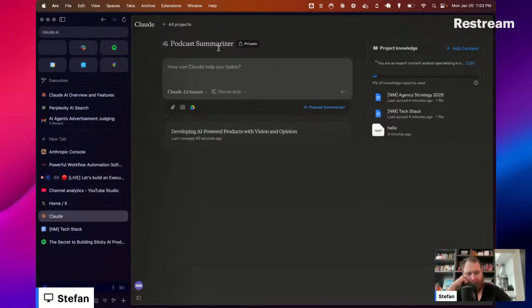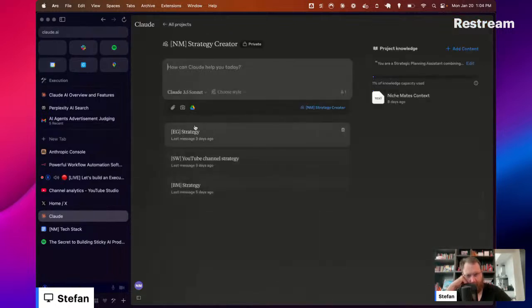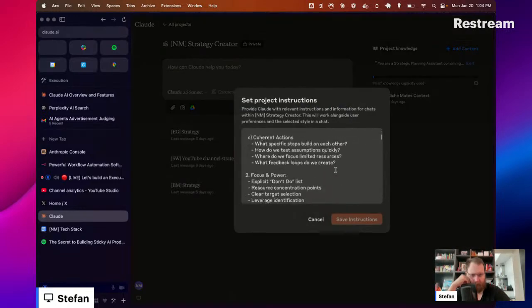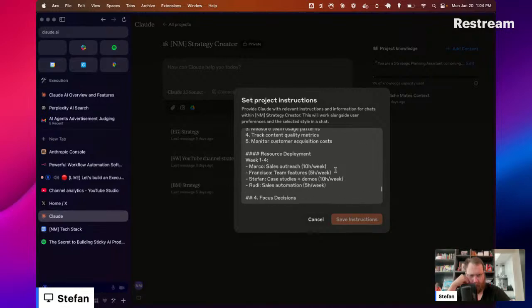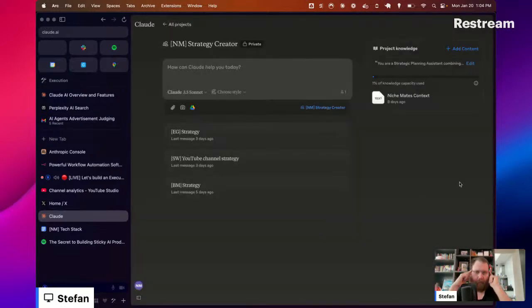So if we have strategy, which is what I spent last week on, essentially we have one chat for each project. We have some context. We have a quite big system prompt for this, which I can share with you if you are interested in it. It's not proprietary or anything. I think it's just summarized from some book that I wrote about in my newsletter.